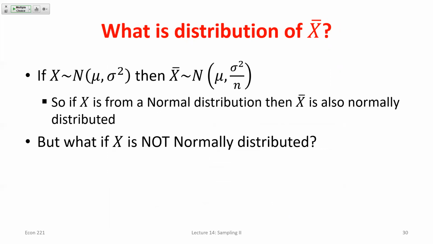if we start with a variable that's normally distributed and then we sample from it, we actually don't need to have samples as high as 30 for the sample means to be normally distributed. If the original variable is normally distributed, then when we look at our sample means, they will always have a normal distribution. Now, if the original variable doesn't start out normally distributed, so maybe it's a uniform distribution, or maybe